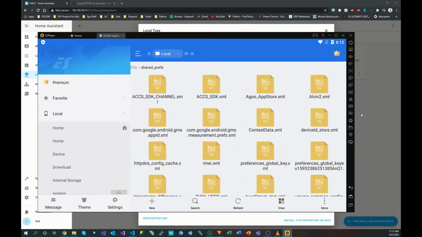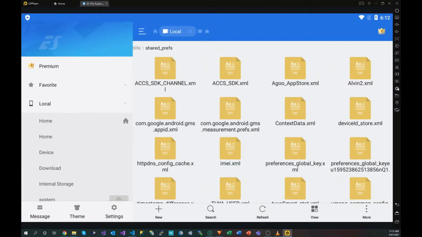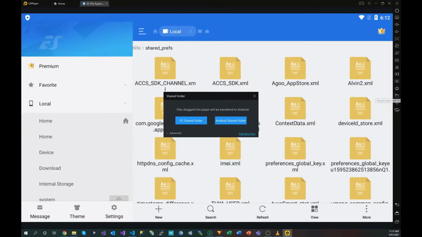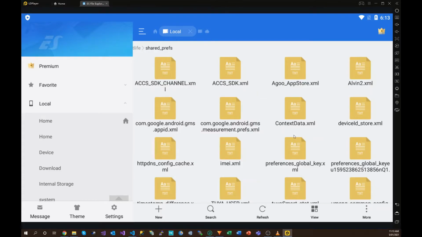Now, before I go any further, let me just explain what happens here. When you set our shared folder preferences before, we had on the phone side the folder that you save files to in order to hit your shared folder. So what I want to do here is open this file,